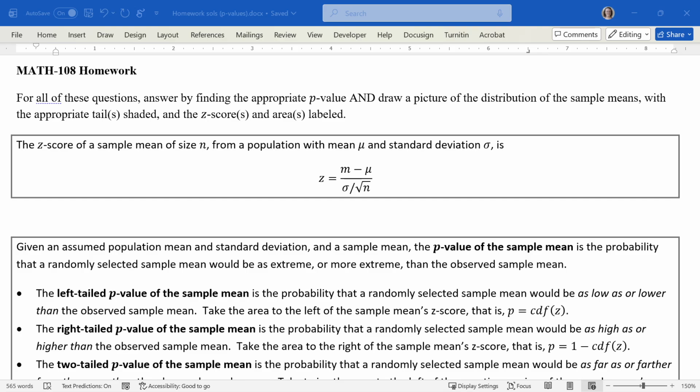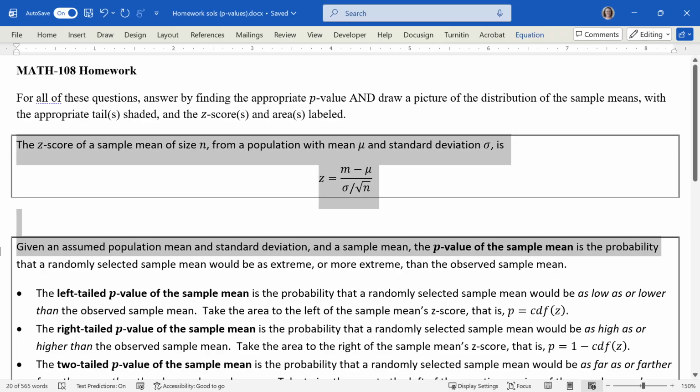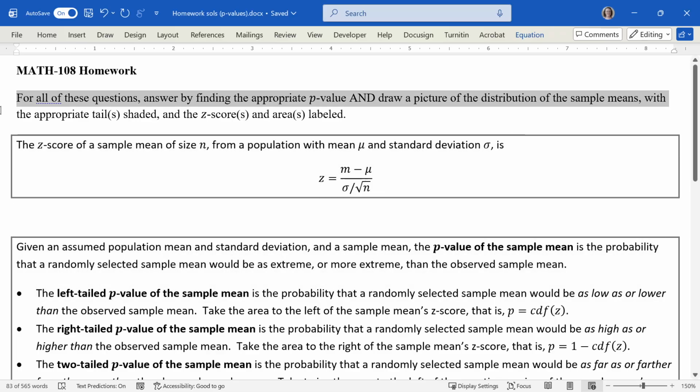Hello everyone. In this video, I'm going to go over some homework on normal p-values. So I've pasted in a couple of boxes here from our notes. For all of these questions, you're going to find the appropriate p-value and draw a picture. Oh no, that means you have to see my thumb drawings. And draw a picture of the distribution of the sample means with the appropriate tails shaded and the z-scores and